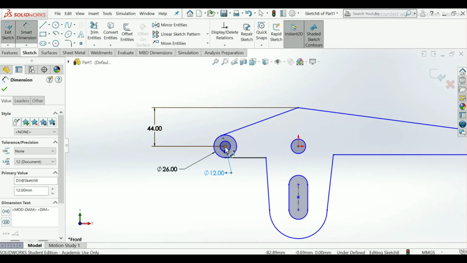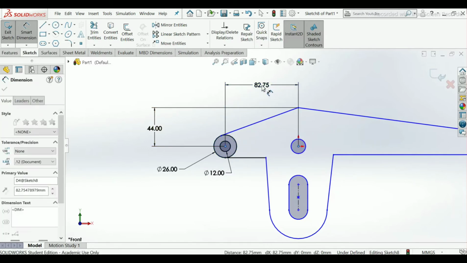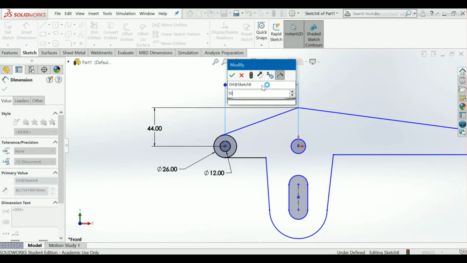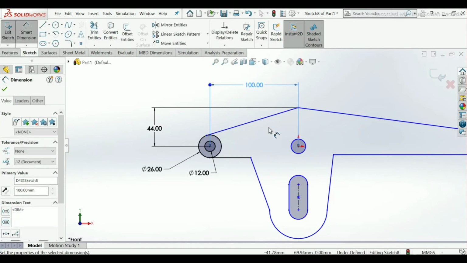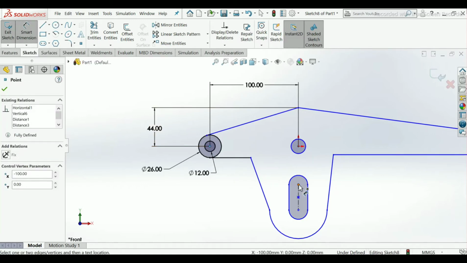Now give the distance from this point to this point. Make it 100 mm. Select this point up to this point.